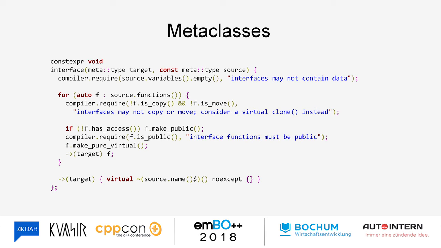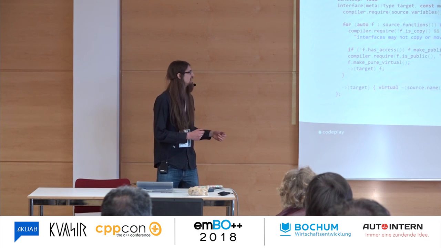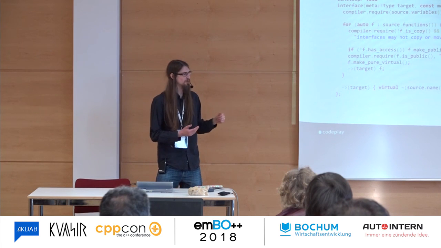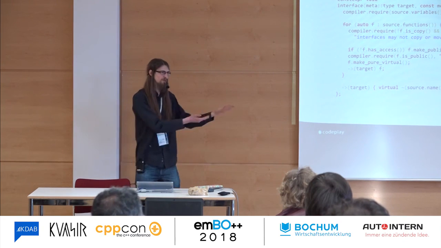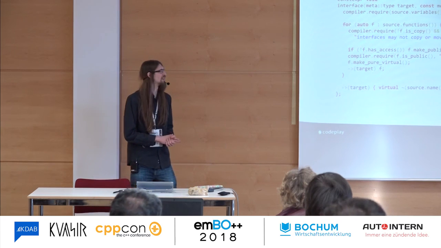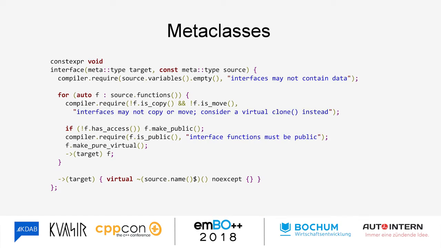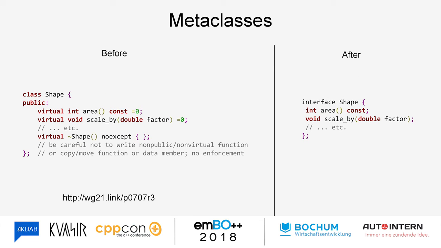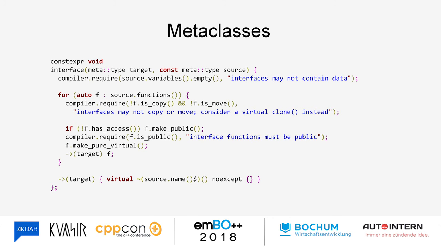The question is why is target a parameter for this function rather than the return type, because theoretically we're taking in some source type and we're generating a new type which we're going to be returning. I don't know the answer to that. This is probably subject to change as well, because previously the syntax for this was quite different from how it is now, and it looked more like a class definition with some constexpr blocks inside it, whereas now it looks more like a normal function. So it might change. I don't know the reasoning behind it being a parameter.